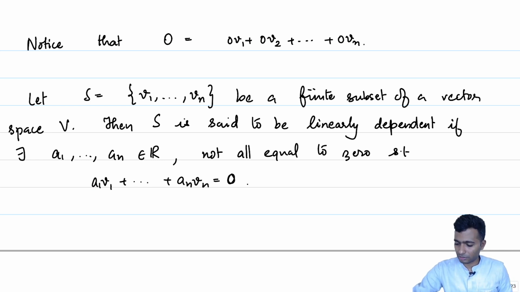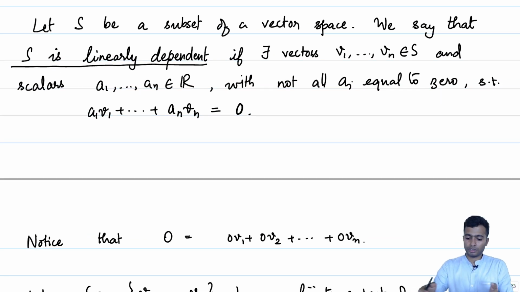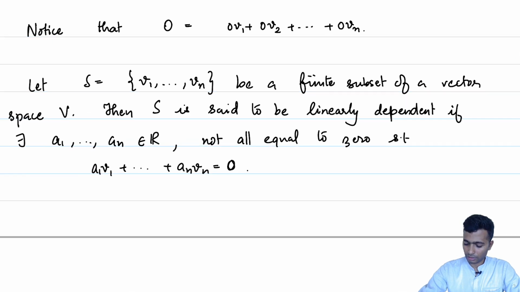So, if you notice, it is not very different, there is a subtle difference. In the first definition we just need some subcollection v1 to vn such that their linear combination is equal to 0. Here we are demanding that all of the vectors v1, v2, up to vn get involved in the linear combination. It is the same, because by introducing all the vectors if needed, with the coefficient 0, we get back the other definition.